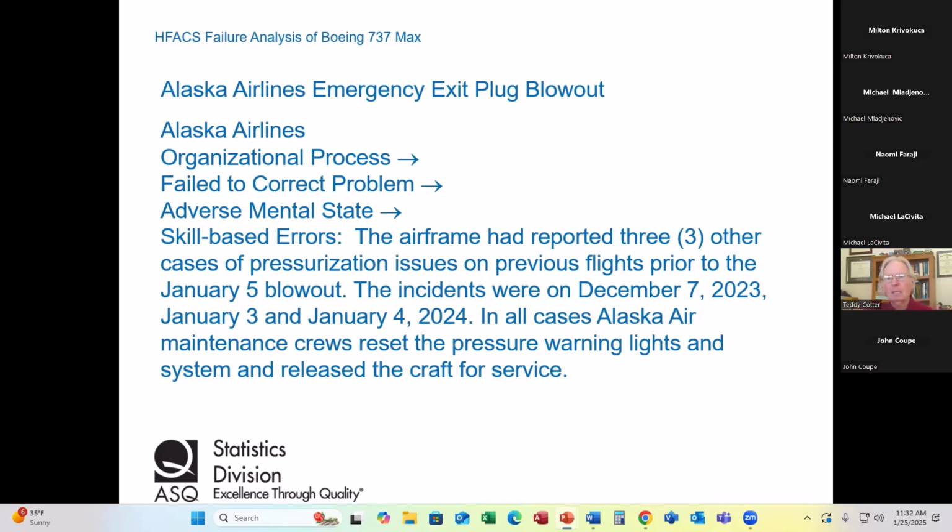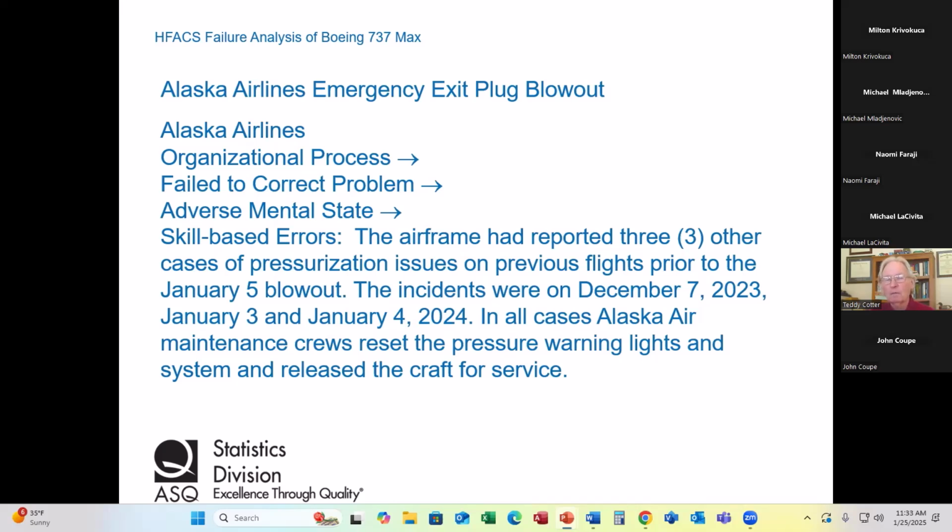Maybe, maybe not. Were the pressure warnings real, or were they, and it's well known in aircraft that you have a lot of false signals, were they truly false signals? And the warning lights were simply reset. Should there have been a further investigation? Good question. It's interesting that two of those occurred on January 3rd and January 4th before the blowout